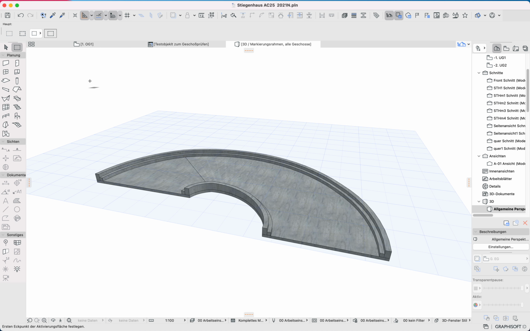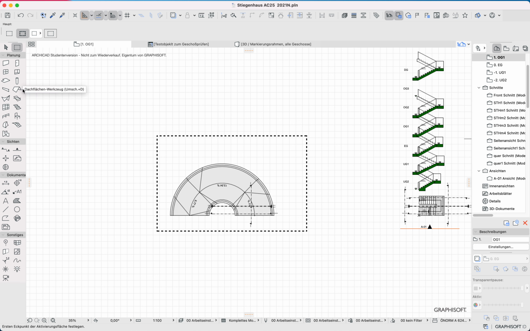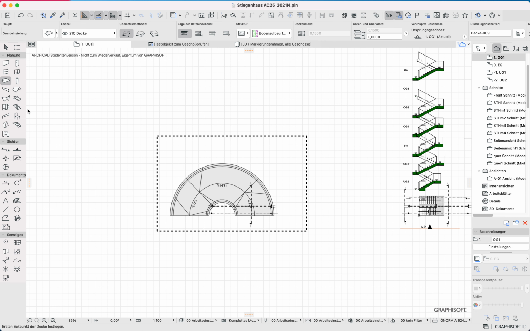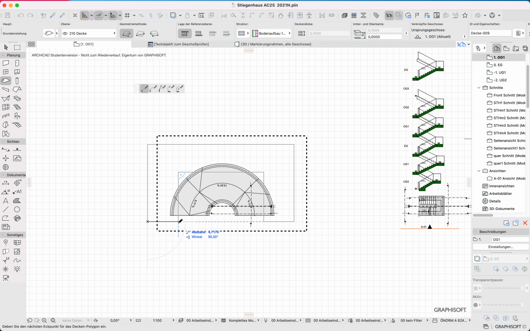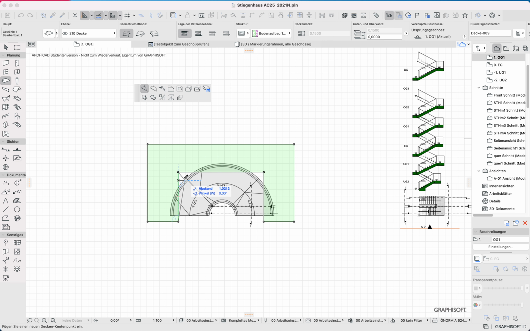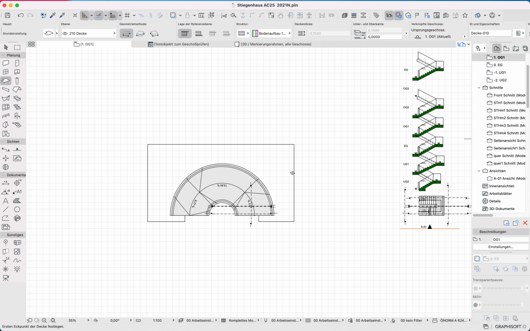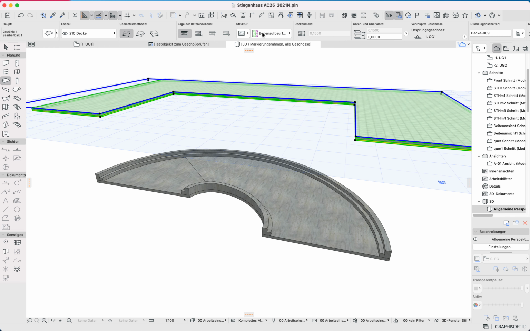I have here a ramp. How do I do it? The easiest way should be with a slab. I just try to do something like this. Okay, I should have made the ramp a little bigger for this example. So here the slab, okay,